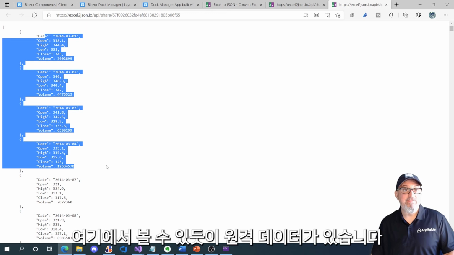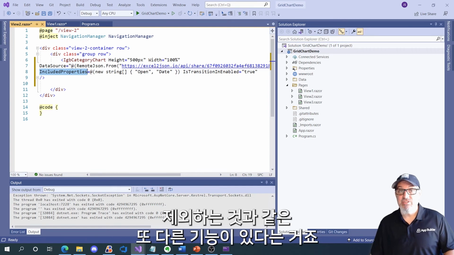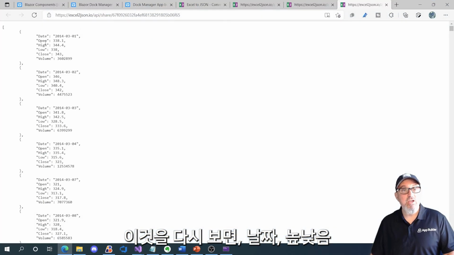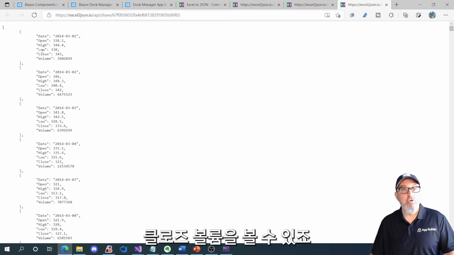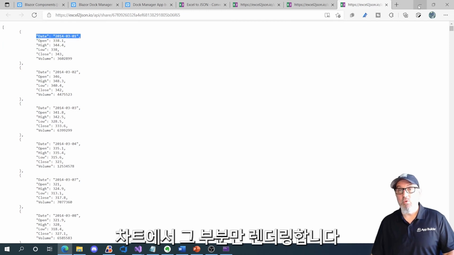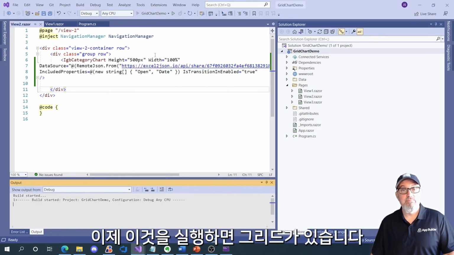So you can see here I've got my remote data. The interesting thing here is there's another capability like including and excluding properties. So I want to include the open and the date. So if we look at this again, we've got date, open, high, low, close, volume. I just want open and date in this data set. And so we're only going to render that in the chart. So now if I run this,